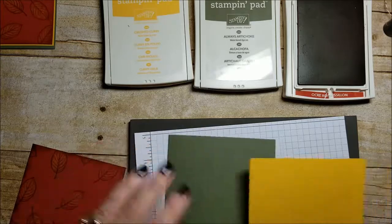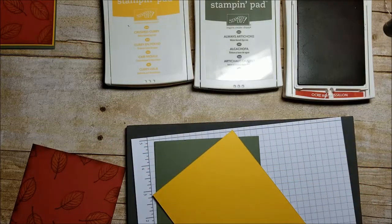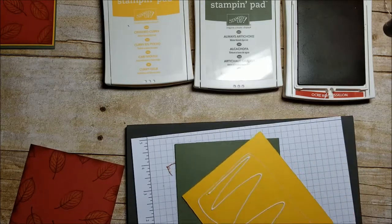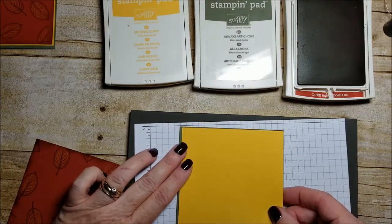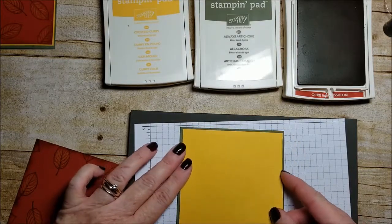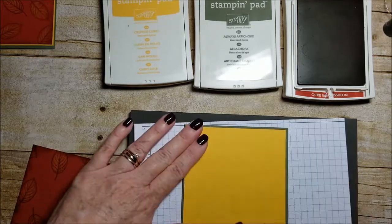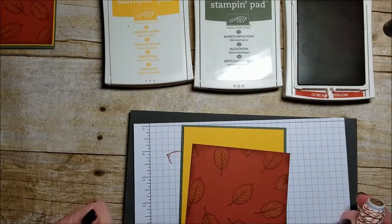We can go ahead and put our card together, or the first 2 layers anyway. This is the Crushed Curry. It's just got an 1/8 of a border, so it's really a tight fit. Oh, it's good. Okay. The next thing we're going to do is put the twine, this really super pretty twine,